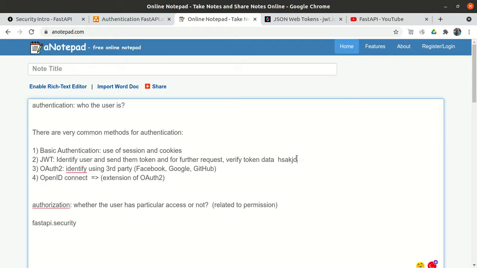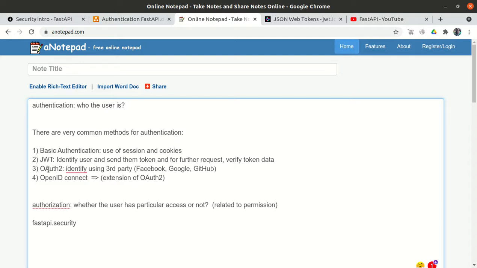Just for the time being, you can understand it that way. In basic authentication, the user enters the user ID and password, and the details are stored in the session or cookies within the browser. If we implement JWT authentication, the user enters the user ID and password, they are first authenticated, and then one token is generated.